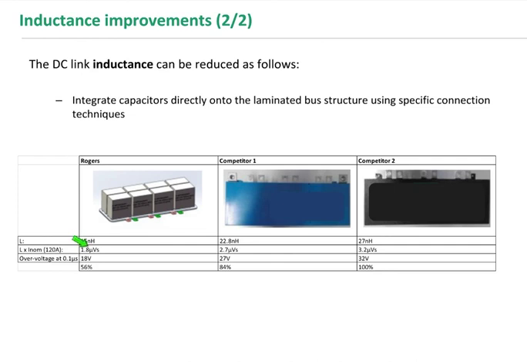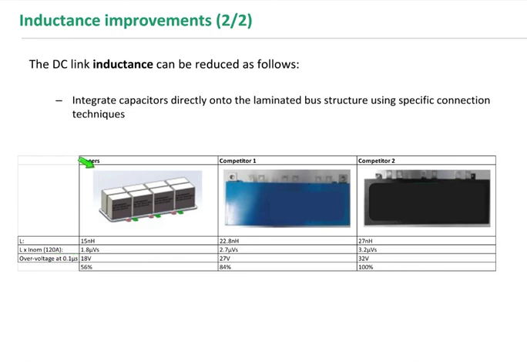So you are taking 15 nanohenry and you multiply it with 120 and you end up with 1.8 microvolt per second. You are doing the same for competitor 1 and for competitor 2. Important is to know the overvoltage after 0.1 microsecond. So then you take the 1.8 microvolt per second, you multiply by 0.1 microsecond